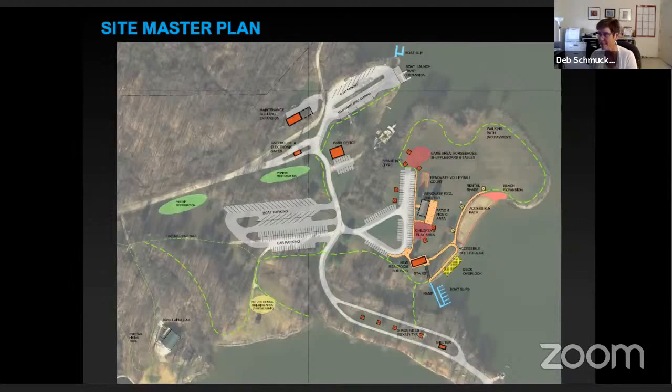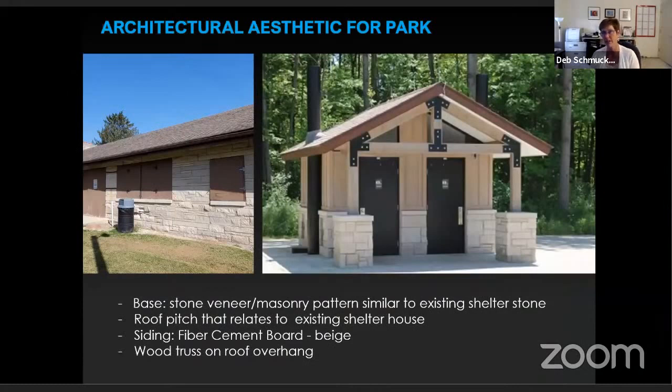But in the meantime, what I wanted to do is just kind of start getting you thinking. But the first thing I wanted to do is, one of the things that the task force and I have discussed was just an architectural aesthetic for future park buildings. And you'll see the existing shelter house there on your left that has what's called an ashlar limestone pattern. So that element of matching the roof pitch, of trying to pull in that base stone, using the fiber cement